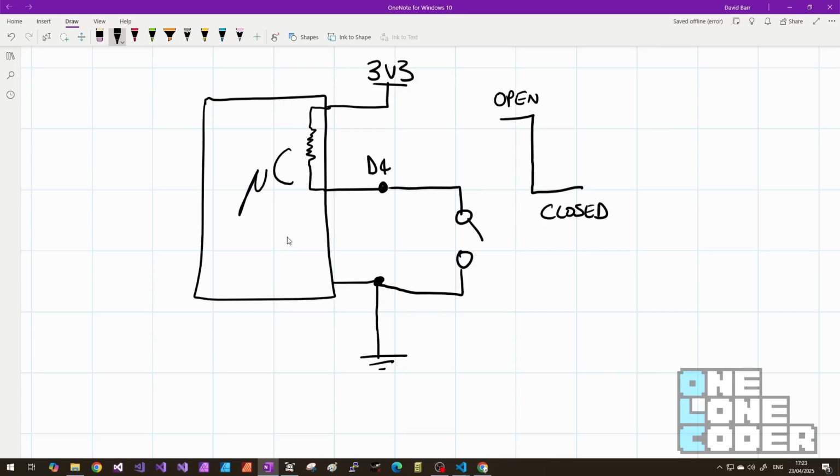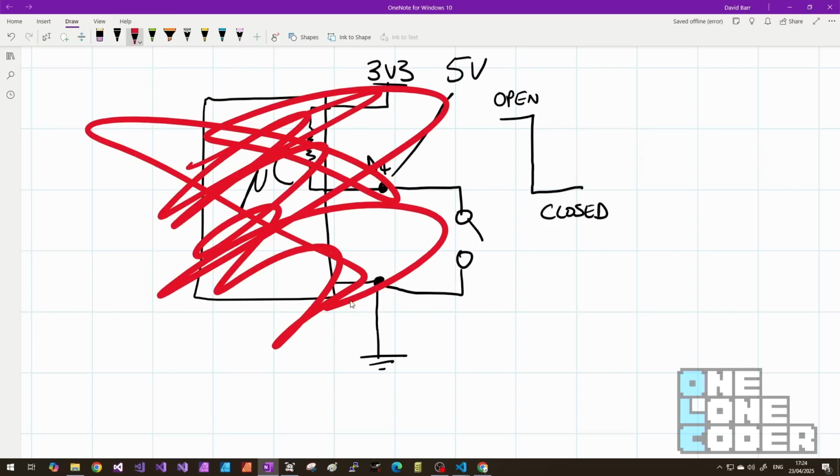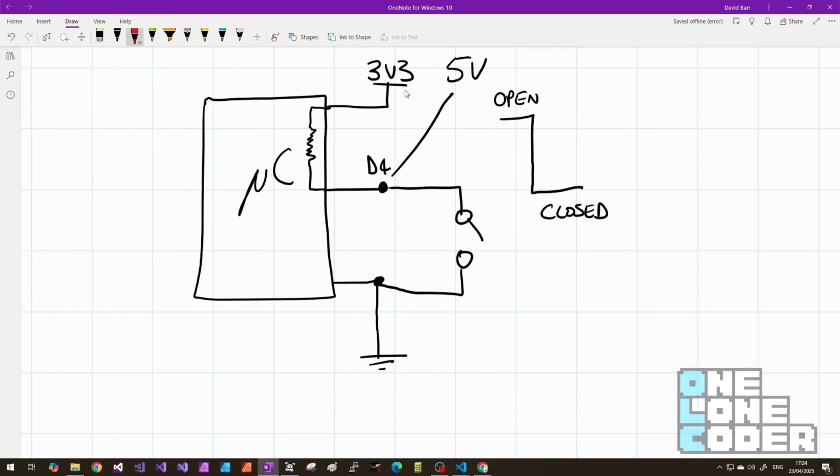When I work with microcontrollers, I prefer to have switches this way round, because it's unlikely you'll do any damage to your microcontroller by connecting an input pin to ground. But it's quite easy to accidentally connect your input pin to some other voltage, which would potentially detonate your microcontroller. Relying on the microcontroller's pull-ups to get the high logic values is reasonably safe, although not always appropriate. But for us, we'll be just fine, and it's this falling edge here which we're going to use to increase